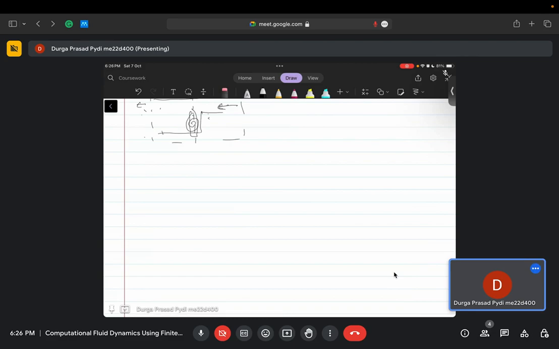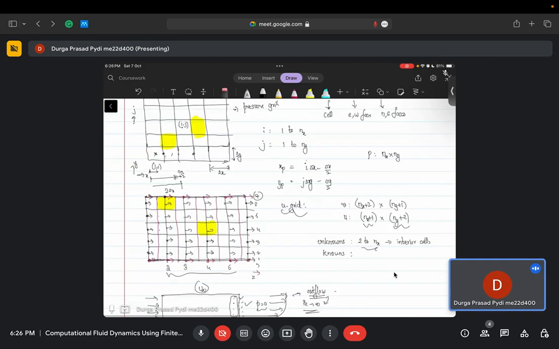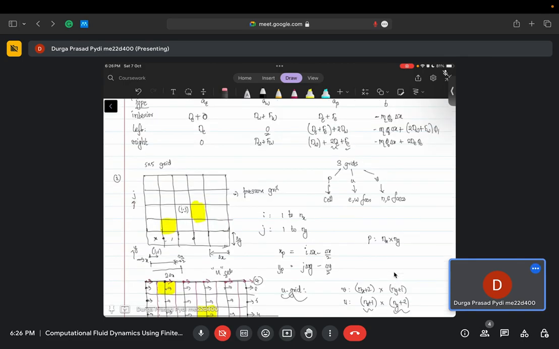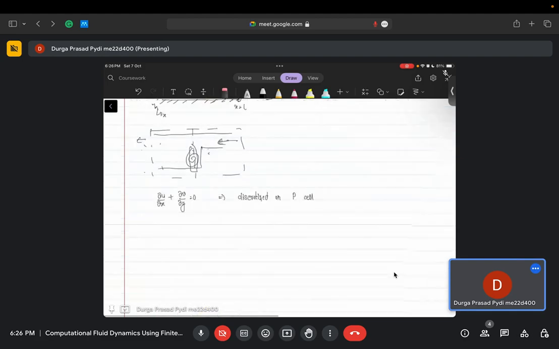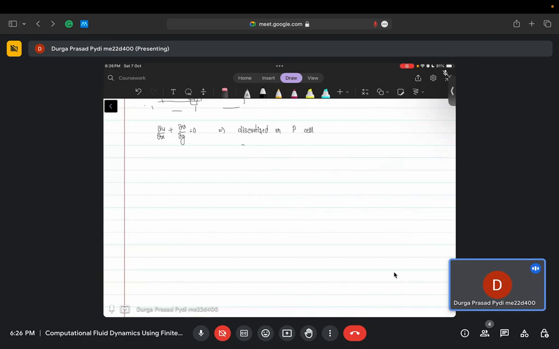So we have first del u del x, the continuity equation. The continuity equation is discretized on your cell centroids, essentially on your P cell. So I am calling this as U cell and this as my P cell. So this should be straightforward. So you have,